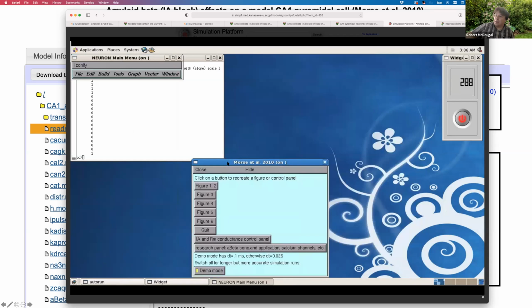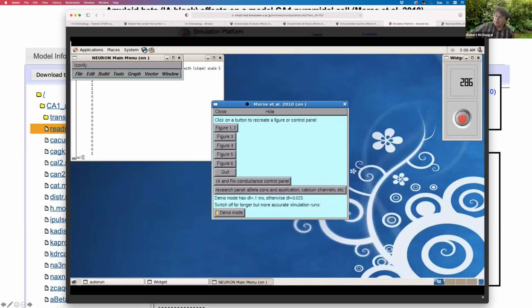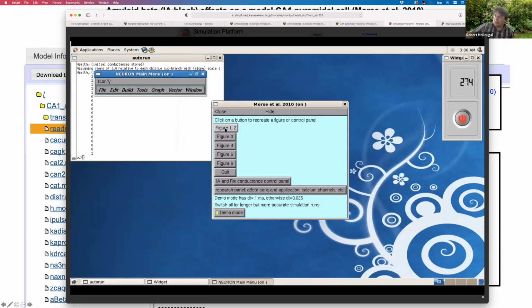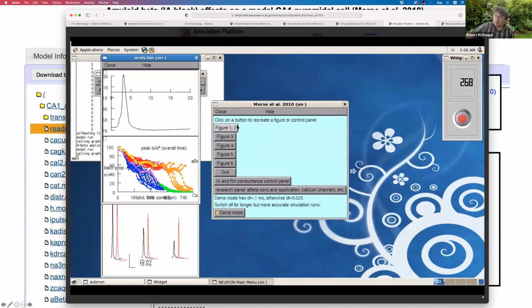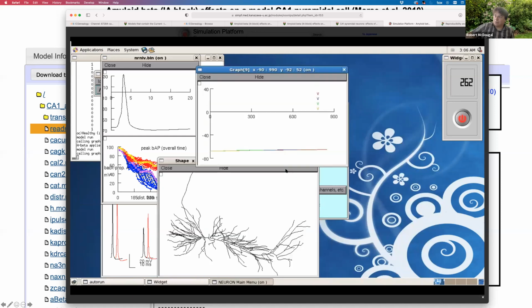So now you're in the awkward environment of watching me screen share a virtual cloud thing. But nonetheless, here we go, we get access to the model. I don't have to download, I don't have to install anything, I don't even have to explicitly compile because it's done that before. I just click that button that says figure 1, 2, and it's run that simulation and displayed that. I could click the button for figure 3,